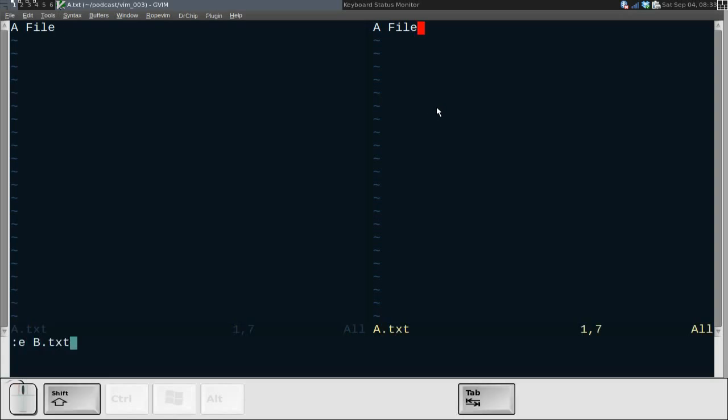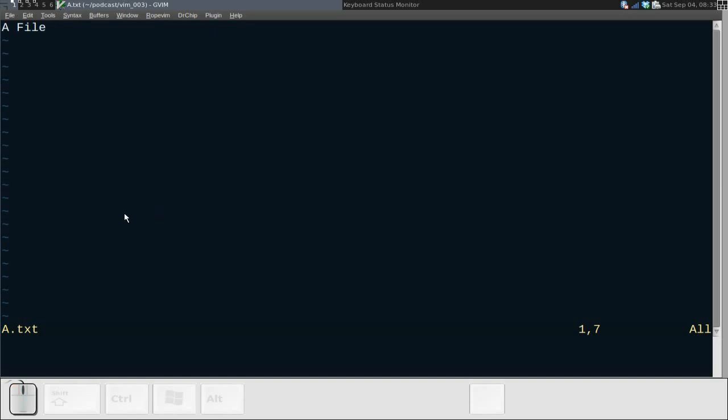While we're here, let's go ahead and finish opening up the rest of our files. We've got a C and we've got a D.txt file. Notice that I just opened them within this window. So as we moved along, this one changed and this one is still looking at the original buffer of a.txt. Let's close this out and let's start talking about our commands.